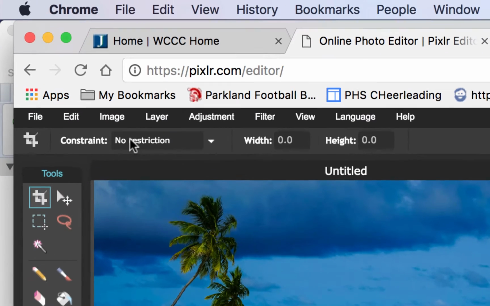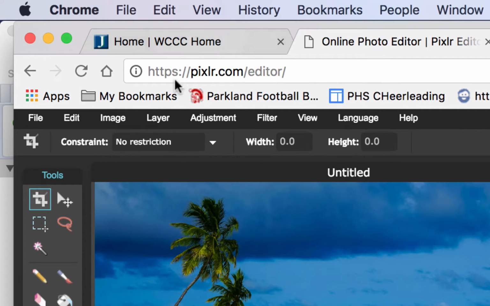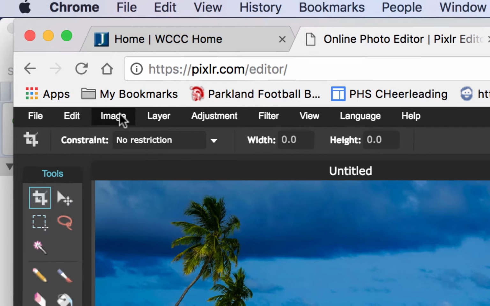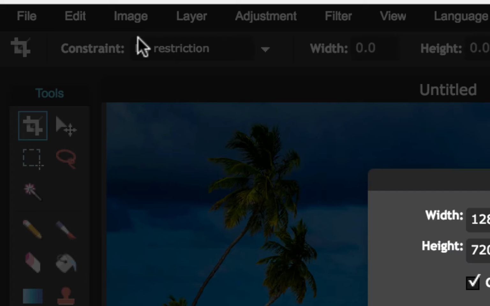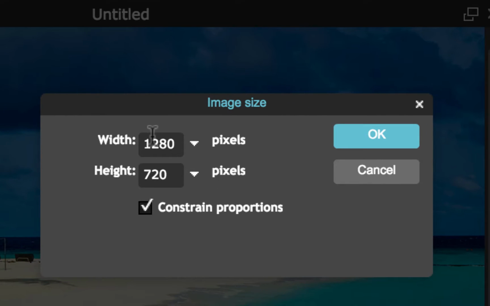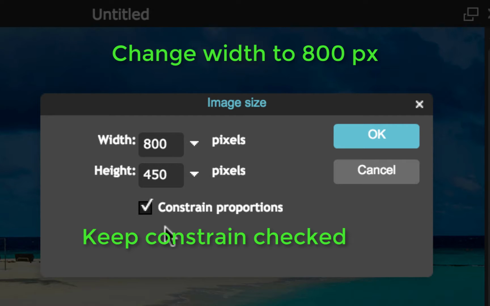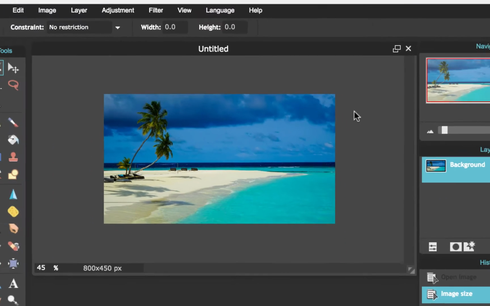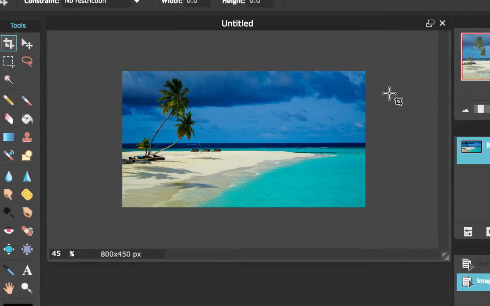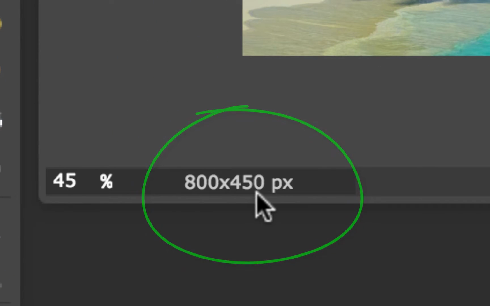And the way you would do that, in this little image, don't go up here, go into image, and I'm on a Mac right now. If you go to image size, all I'm going to change is the width. And I'll just make the width 800. And whatever the height is, leave it alone. Leave that checked. And I'll hit OK. So now you have an image that's 800, and it's saying it's 450 pixels high,